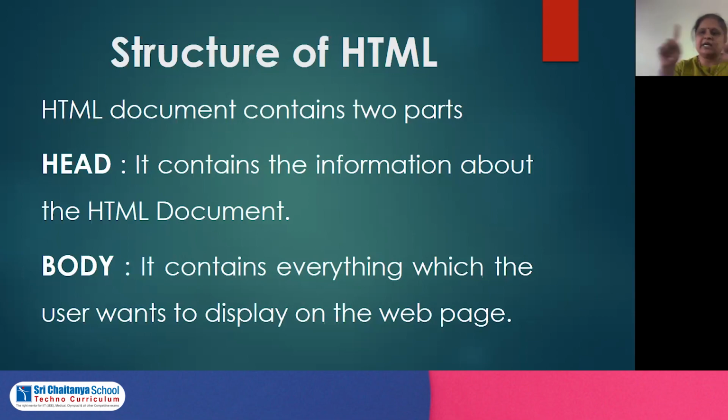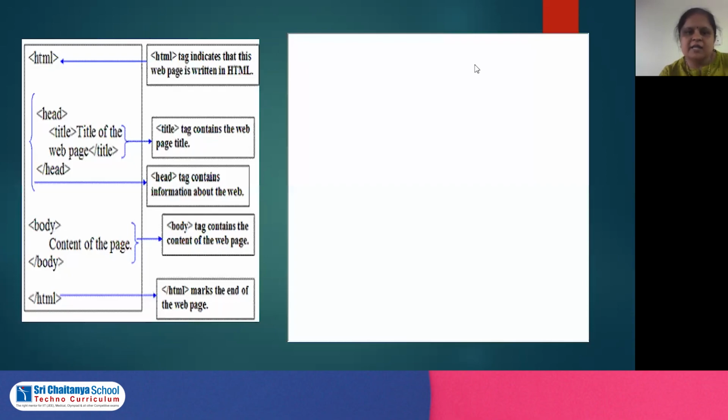Suppose I am creating one web page, and in that web page I am writing the information about the history of a computer. So what title will I give, what is the heading of that web page? I will give it as history of computer. That history of computer comes as the head, and whatever information I display about the history of a computer comes in the body part of the web page. Okay, I think it is clear.